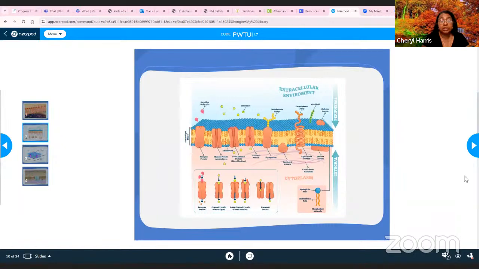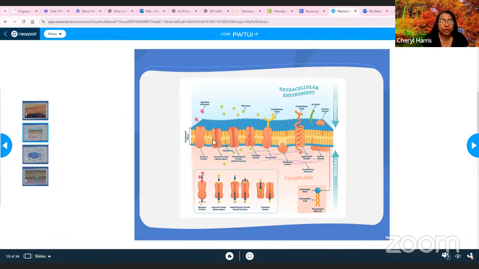All right, let's look at this one. Tell me what you see here. Actually, let me go ahead and explain this one. We are still looking at the cell membrane, and this one is labeled for you. It labels the phospholipid bilayer. And remember, that means the heads are hydrophilic and the insides are hydrophobic. So when the water goes through, it's not going to want to stay in the middle there. It's going to want to just keep passing through.